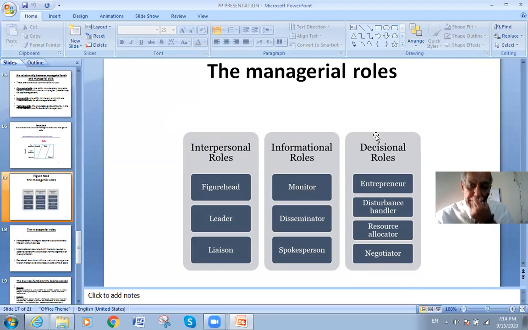Then the decisional role, which is in front of you here: he's an entrepreneur and a disturbance handler. When there are troubles, he's the one who solves them. If someone has a problem in human resource management about his pension, about his retirement, or he's looking for a leave, so the human